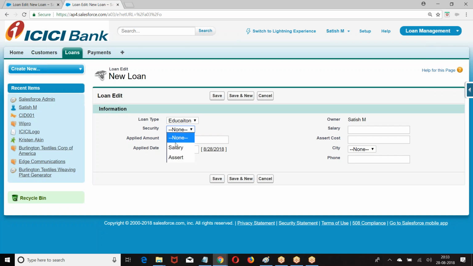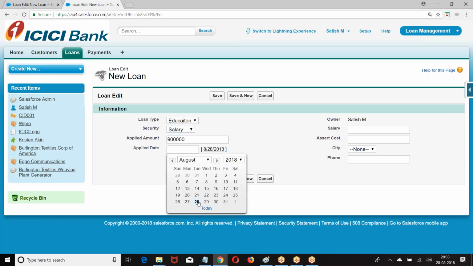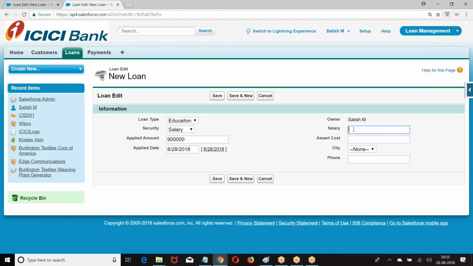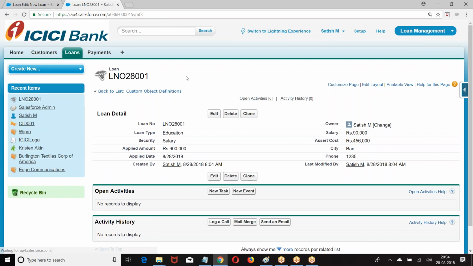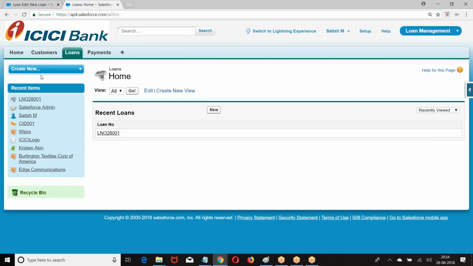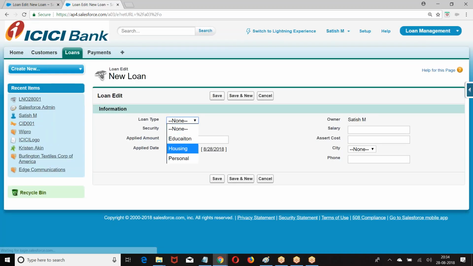Education, salary. Now, how many records am I inserting? One by one record. Somebody asked me yesterday how to create a record: click on the tab, then New.